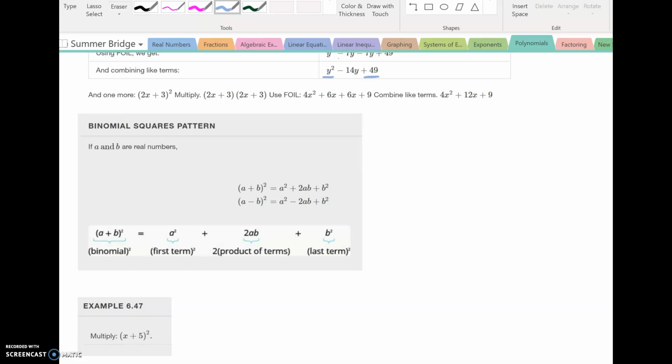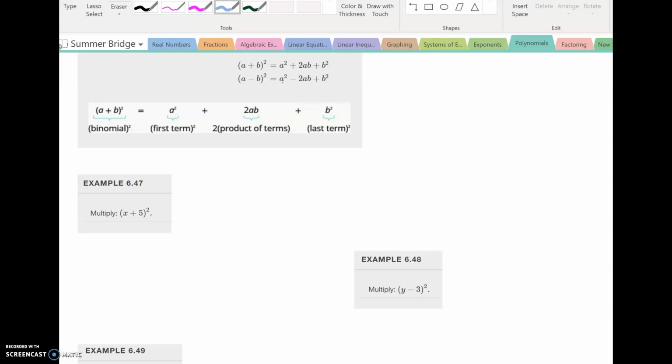But what it actually looks like is pretty much the same pattern over and over again. The only difference is the positive and the negative symbols. If it's a positive, all of these terms are positive. If it's negative, just the first sign is negative, everything else is positive. Where A is my first term in the binomial, B is my second term in the binomial. Okay,